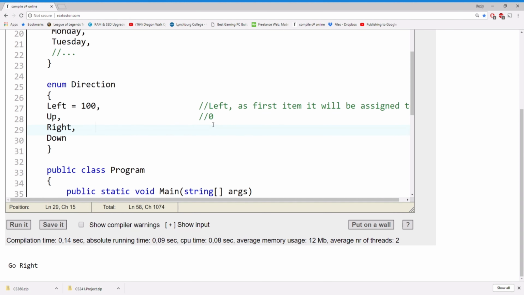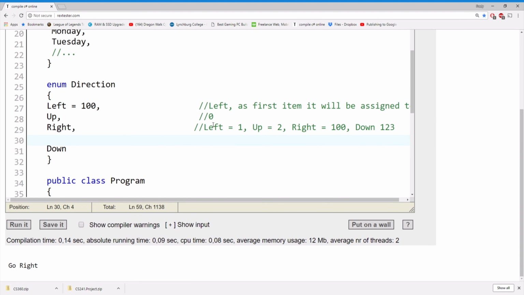If, let's say, left equals 1, up equals 2, then that's what they are assigned. They can each be assigned to their own value, and they don't have to be following each other. So we could do whatever, pretty much. And then finally,